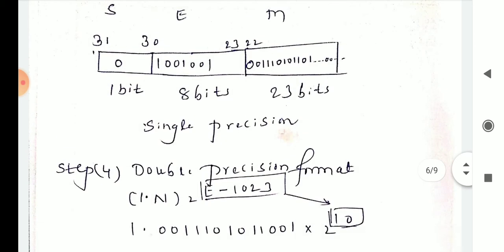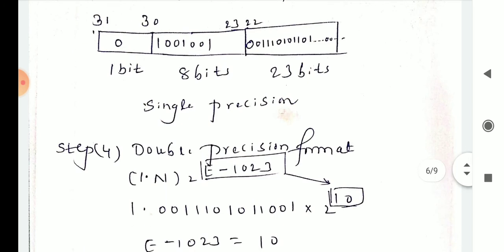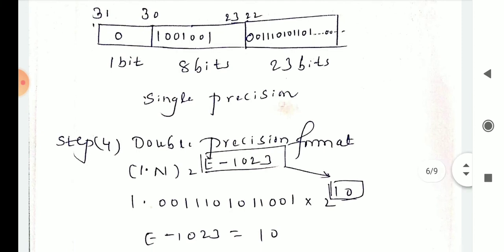This is the 23 bits, but you do not have 23 bits, so you have to add zeros in front of that normalized number or mantissa number, up to 23 bits. Otherwise you can show dot dot dot, then 0 0 dot dot dot. So this is the single precision. You can combine these three. The final answer is 0 1 0 0 1 0 0 1, then 0 0 1 1 1 0 1 0 1 1 0 0 1, 0 0 up to dot dot dot.